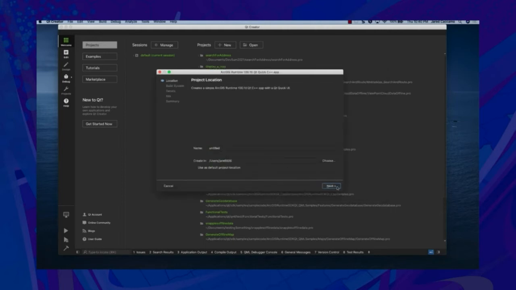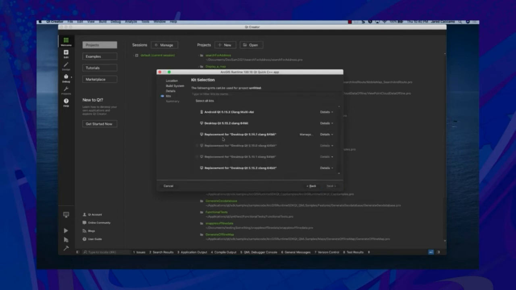We're going to take the default name and location because we don't care. The default build system, QMake, is fine. It gives you an option to switch between 3D and 2D. We're going to click 3D, and then it gives you the kit selection. So kits is a concept by Qt, which is basically a combination of your Qt framework and your targeted platform and the compiler needed to get it there. So we have 5.15.12 and Clang 64-bit for macOS. We have the Clang compiler for Android, and we also have the Clang compiler for iOS. If you're on Microsoft, it would be Microsoft Visual Studio's compiler, and Linux would probably be GCC. In this case, we're just going to do desktop, and we're going to click next, finish,